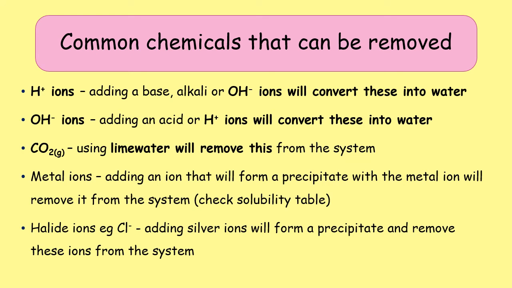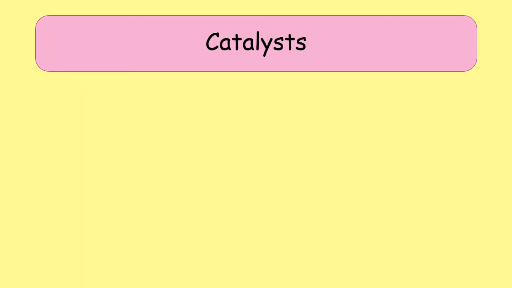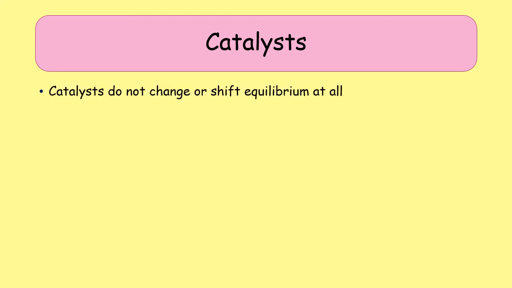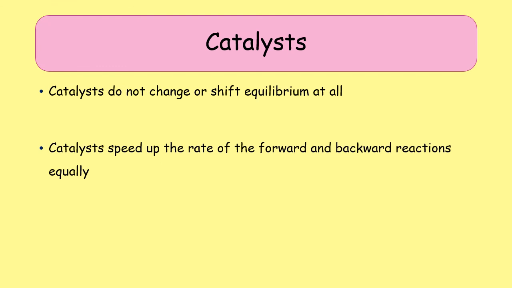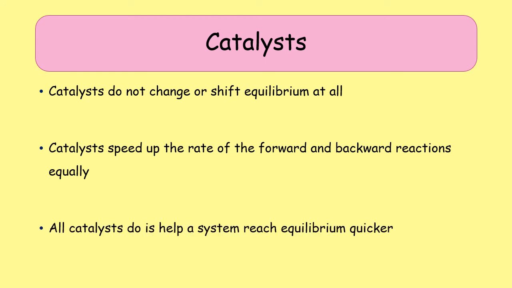Now I know this video is a bit long, but we're on to our final one, which is looking at catalysts. Now, catalysts do not change or shift equilibrium at all. Catalysts only affect the rate of reaction. So catalysts, when they're added to a system that's under equilibrium, the catalyst speeds up both the forward and the reverse reaction, and they speed them up by the same amount. So what a catalyst does is help a system reach equilibrium quicker, but it cannot be used to shift the